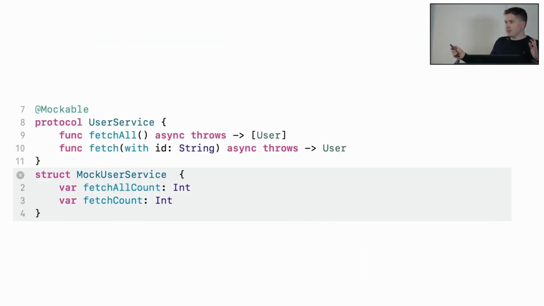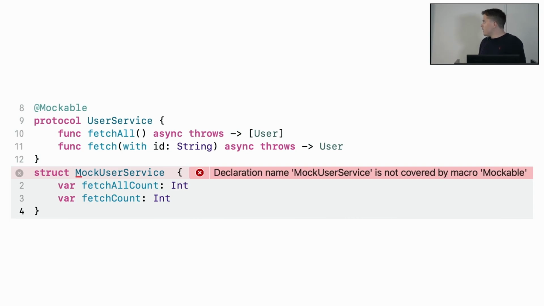And with this, we can be happy, and we can appreciate our macro, except that when you do this, you get this compilation error, which I also ran into. And it says that the mock user service we have just generated is not covered by our macro mockable. At this point, I started checking the documentation, which has no information whatsoever about this. But